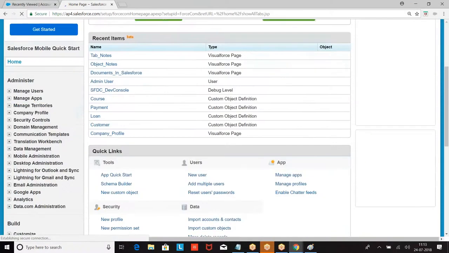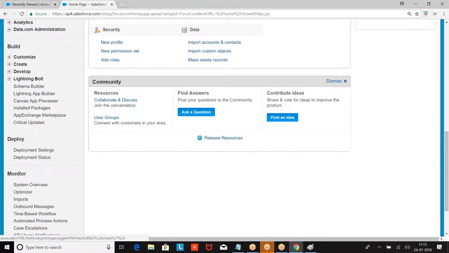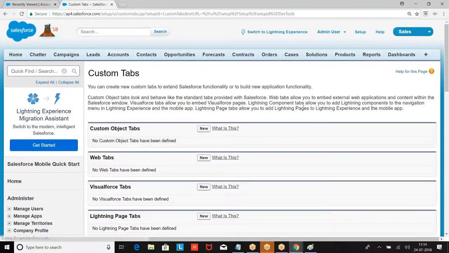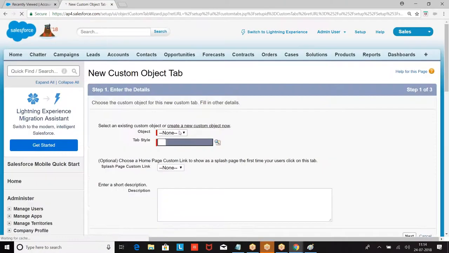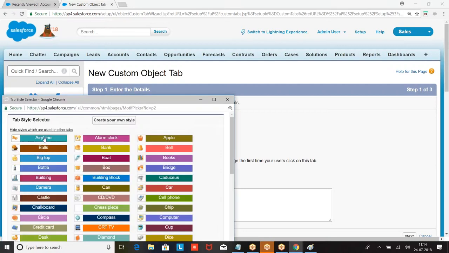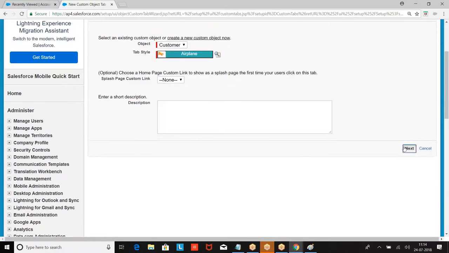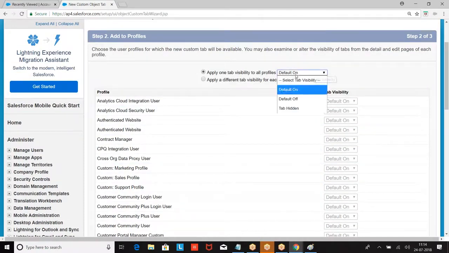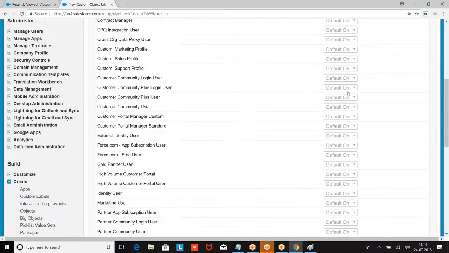Setup, build, create, tabs, new custom object tab, choose the object, tab style, then next. I told default on, default on, default off, tab hidden, default on.